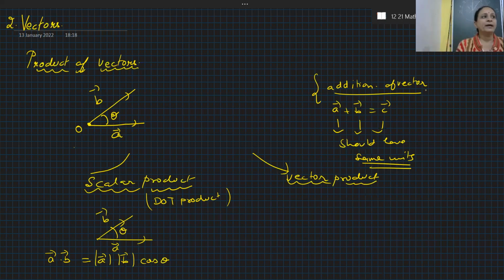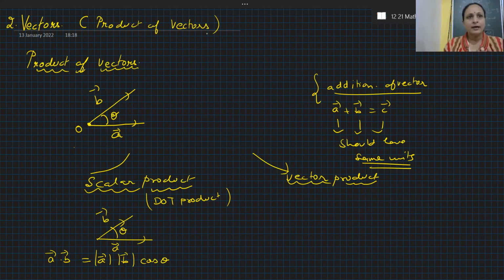In today's topic, we are going to study vectors. In vectors, we are going to study the product of vectors. I'm going to multiply the vectors. See, we know all the operations, that is the addition, the subtraction, and the multiplication, that can be done